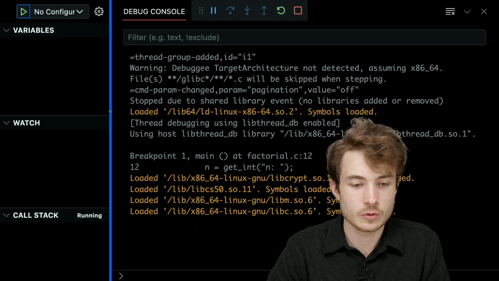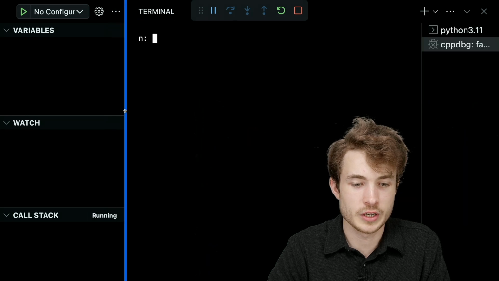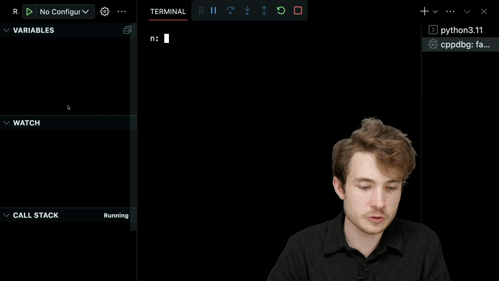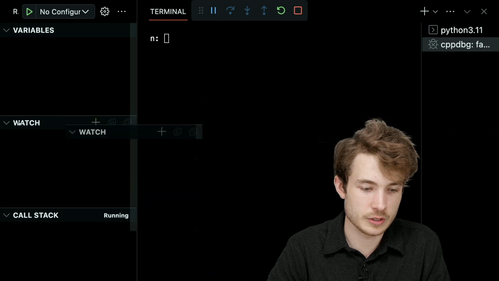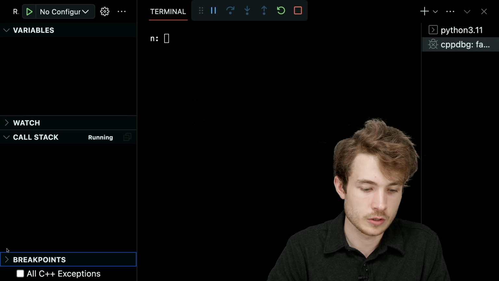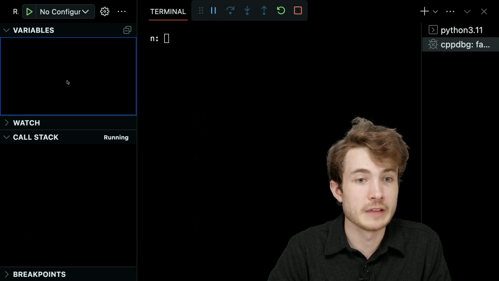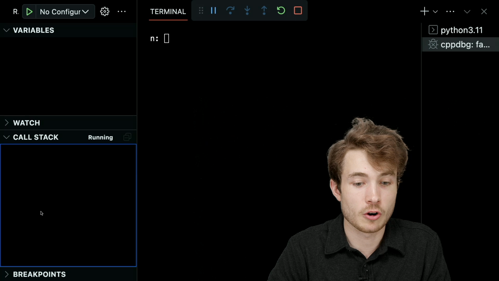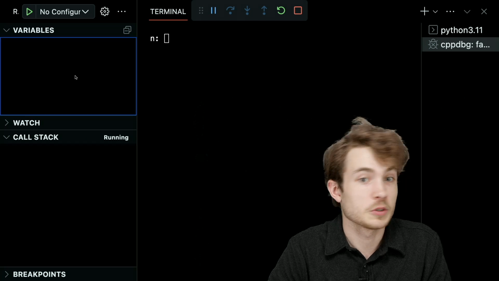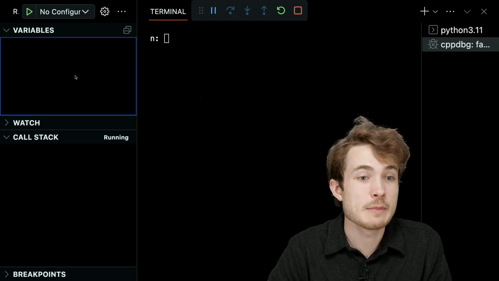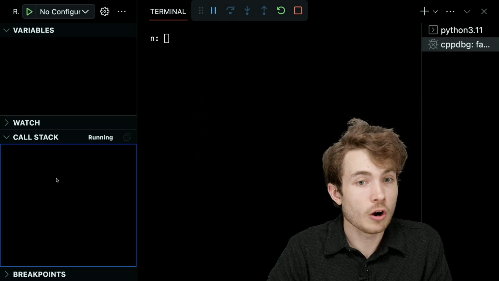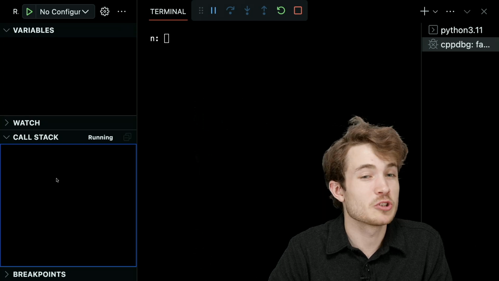But as things come into picture here, notice a few different areas. So let me clean this up. Notice in particular my variables portion and my call stack. So recall what a variable is, simply some name that has some value. And our call stack was some new vocabulary we just learned.